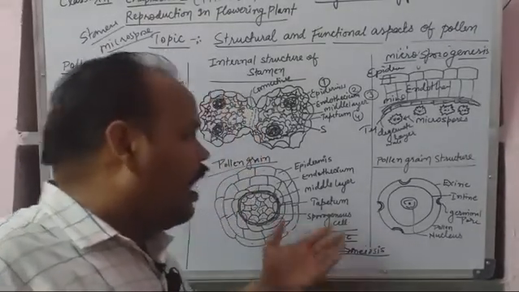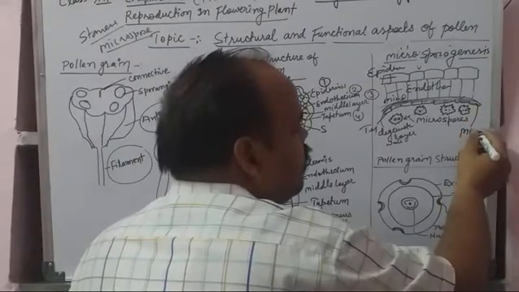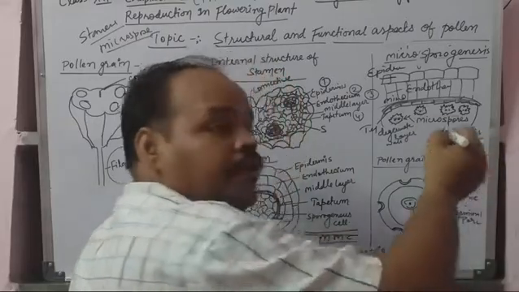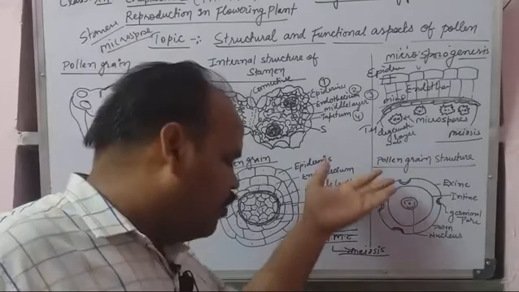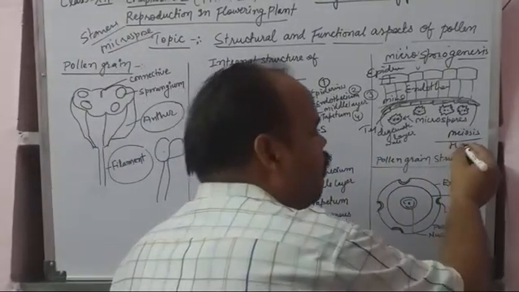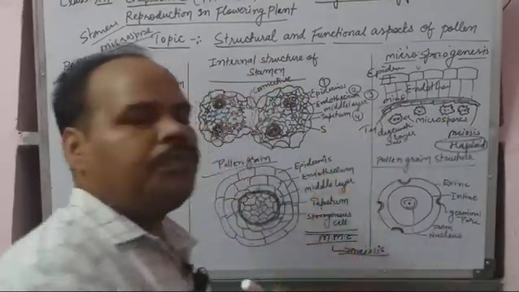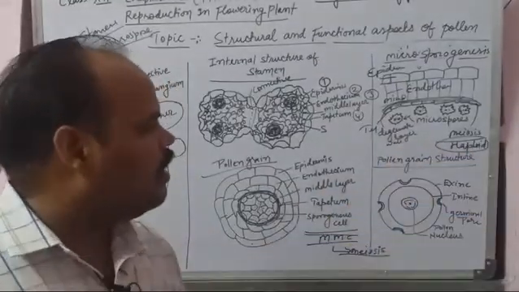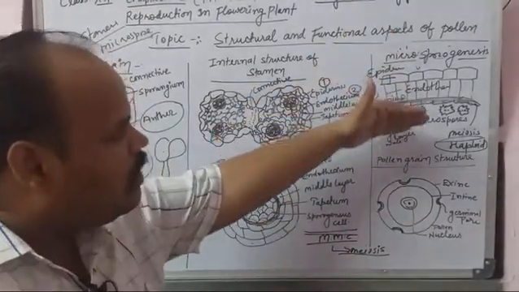After the division of meiosis in microsporogenesis, they will produce the microspores, which are haploid. The microspores or pollen grains that develop here are also haploid, and all the layers are